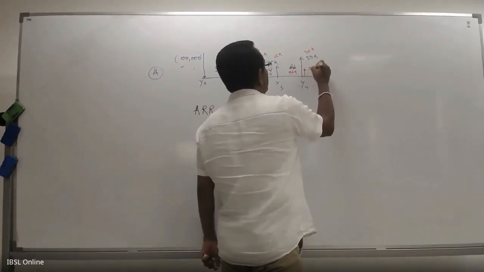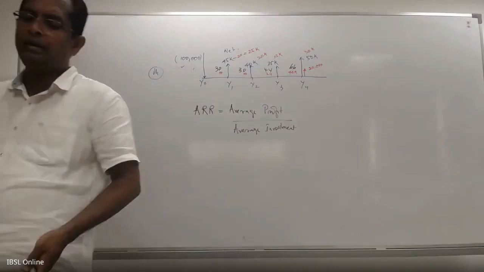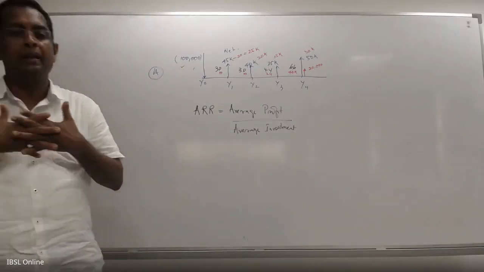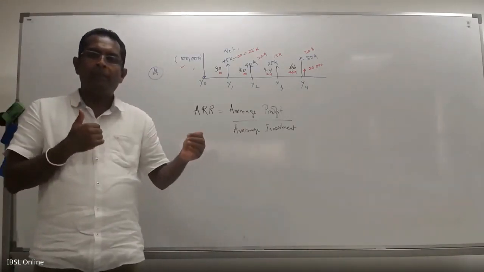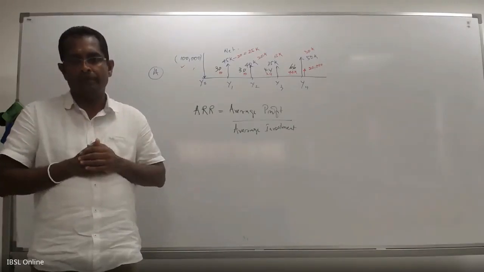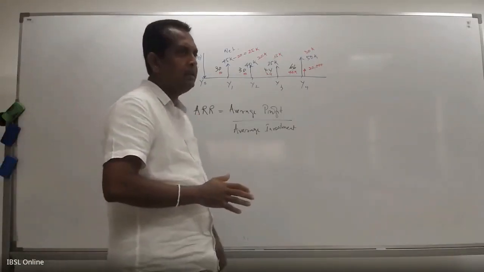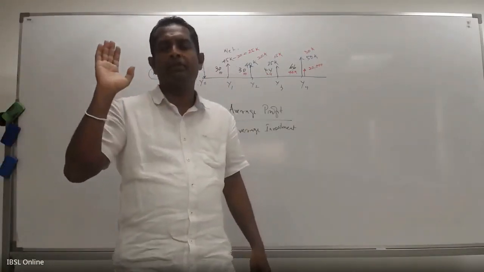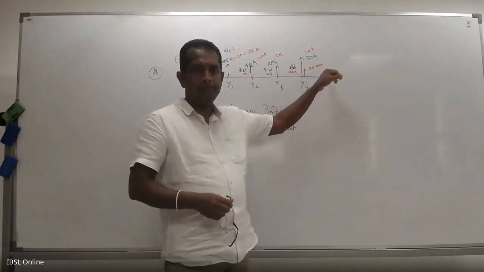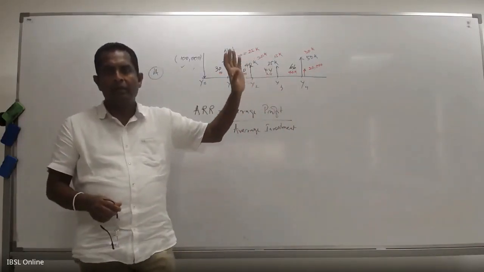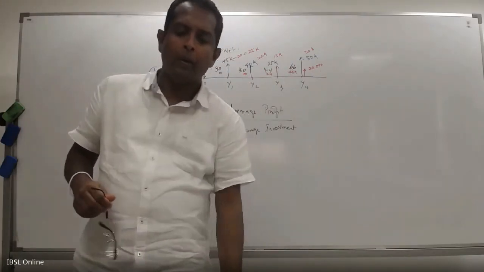you get another 20,000. What is the meaning of residual value? Residual value is the amount of money we can get at the end of the useful period or useful life. Like I have a plant which has a useful life of 10 years. After 10 years, I just sell it for scrap. Then I will get 20,000. I'm just throwing it off. So I get this amount. That's the last amount. Right?